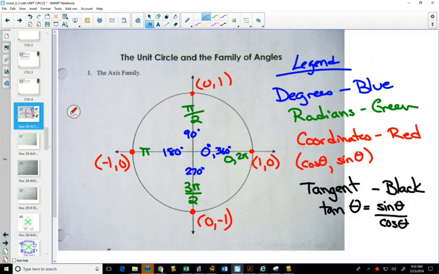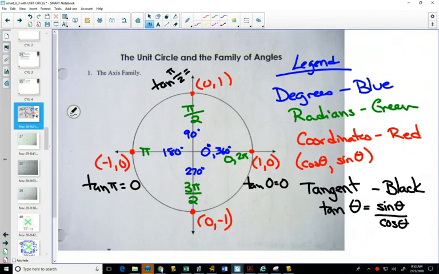We can also figure out tan. And I'll write tan of 0. Well, tan is sine divided by cos. So if I take my y coordinate and divide it by my x coordinate, what's 0 divided by 1? 0. If I go over here and do tan of pi, what's 0 divided by negative 1? 0. If I go up here and do tan of pi over 2, or tan of 90 degrees, take my